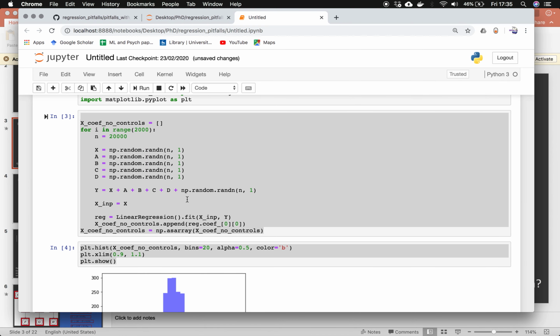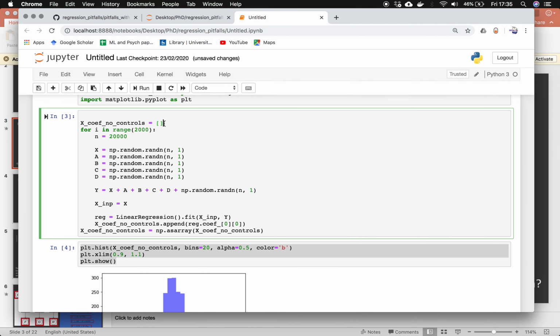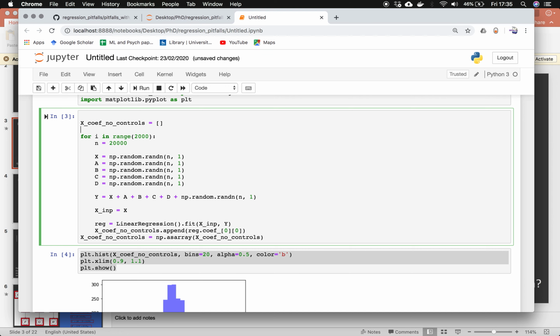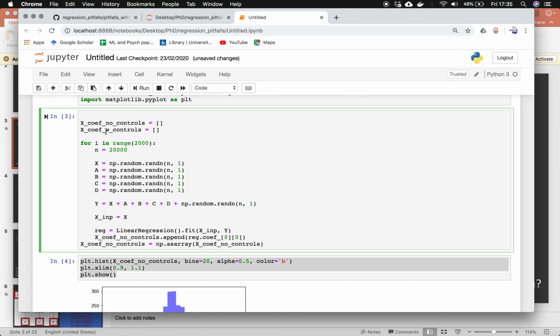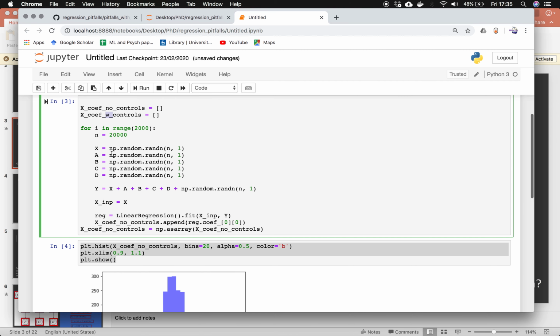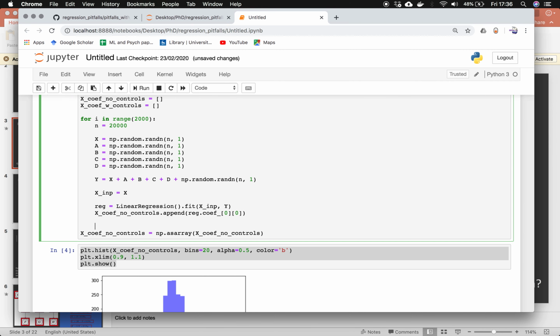But now what I'm going to do is run this at the same time. I'm going to run this and collect data for when I do include the control variables. So I'm going to create an empty list here for the coefficient on x when we do include the control variables. And for this, I'm going to have to redefine